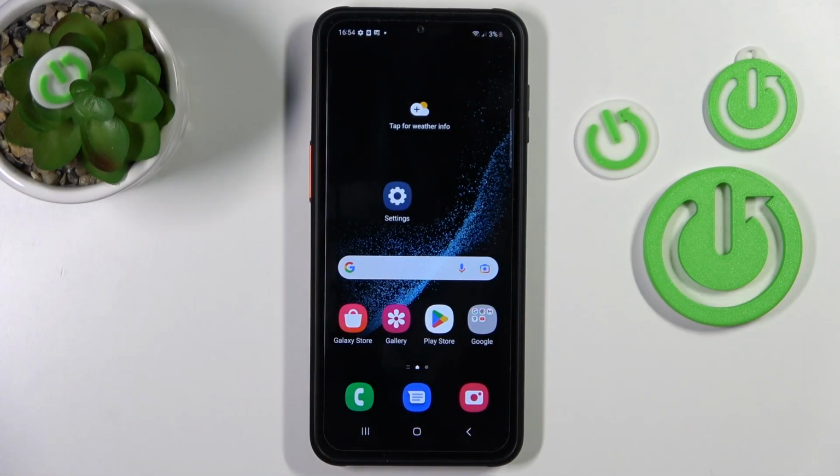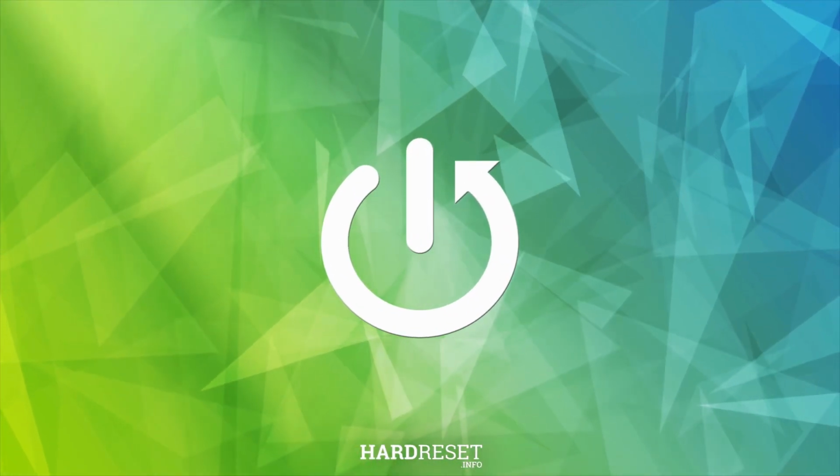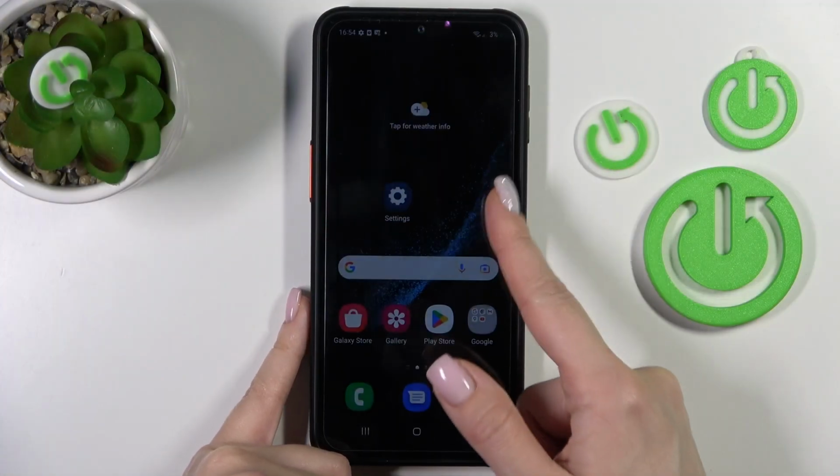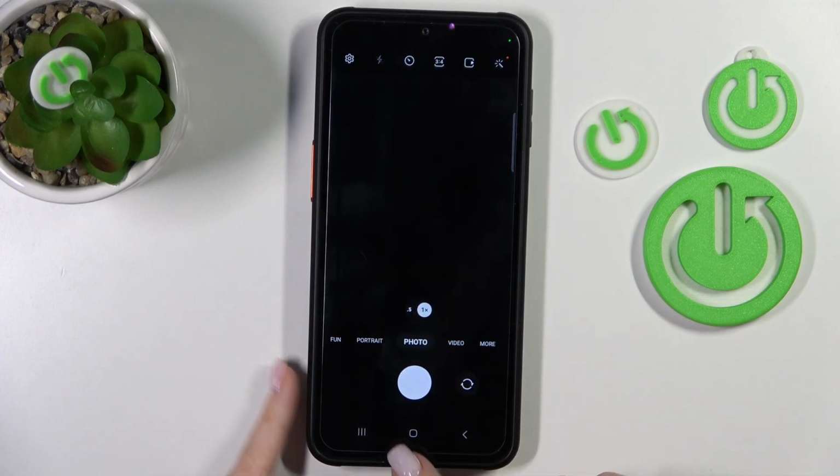Hi, today in front of me is the Samsung Galaxy Xcover 6 Pro, and I'll show you how to customize Quick Launch on this device. So now, by double pressing the power key button, we can see that the camera application is activated, and if